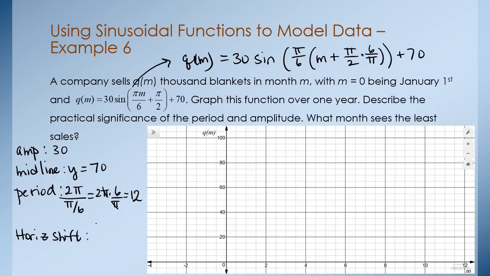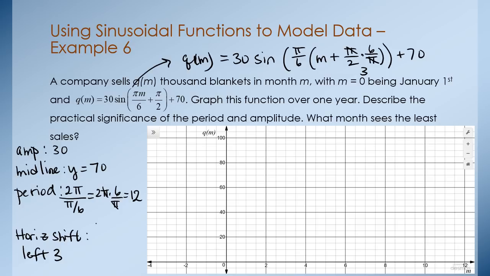And so pi over 2 times 6 over pi, the pi's cancel, and 6 over 2 turns into 3. So we have a horizontal shift of 3 units to the left. All right, so let's see what this graph looks like, and then we'll talk about the practical significance of the